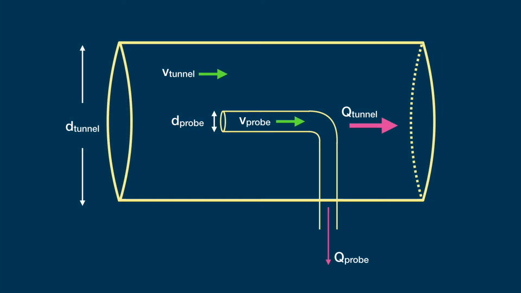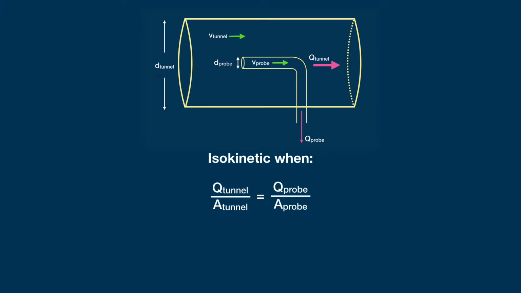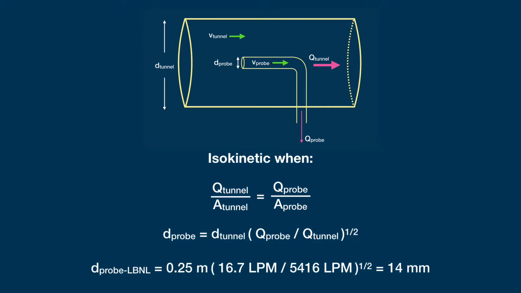To match the velocity in your probe to the velocity in the dilution tunnel, simply compare the ratios of volumetric flow rate and area for the dilution tunnel and probe. This equation can be rearranged to find that the isokinetic inner diameter of the probe is equal to the dilution tunnel diameter multiplied by the root of the ratio of probe flow rate to tunnel flow rate. Using LBNL's flow rates and dilution tunnel diameter, you can see that the ideal inner diameter for our probe is